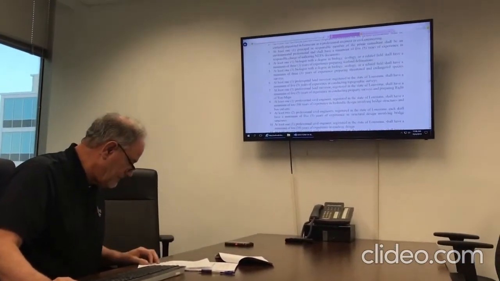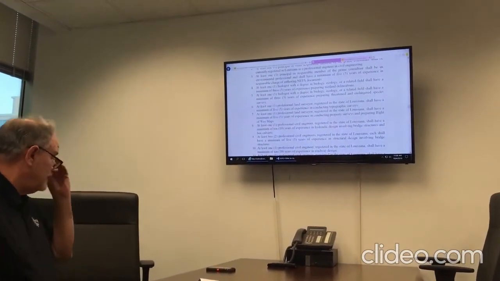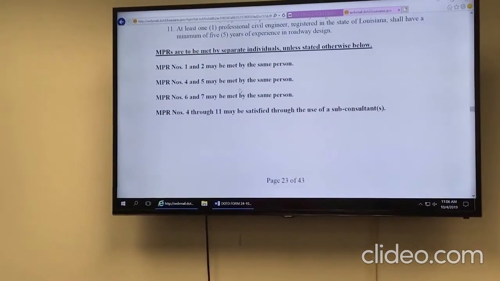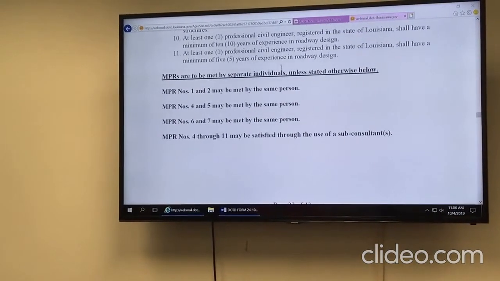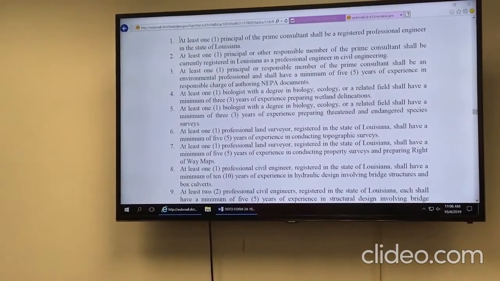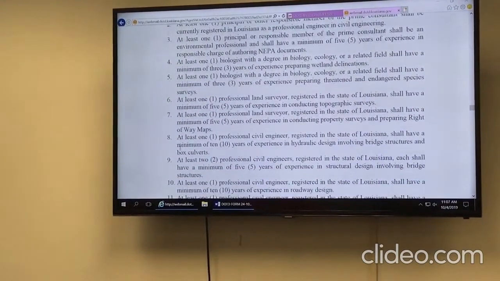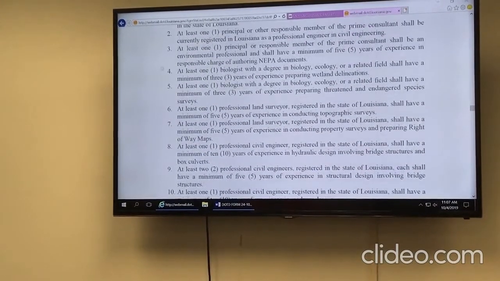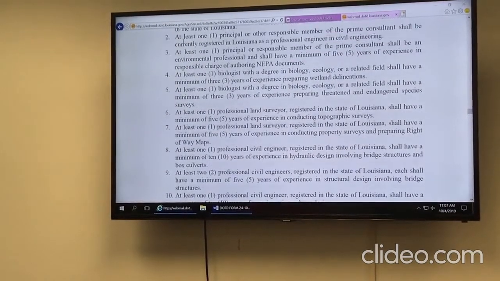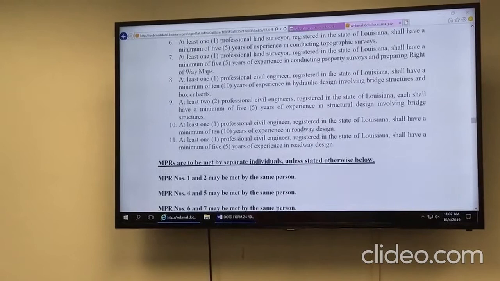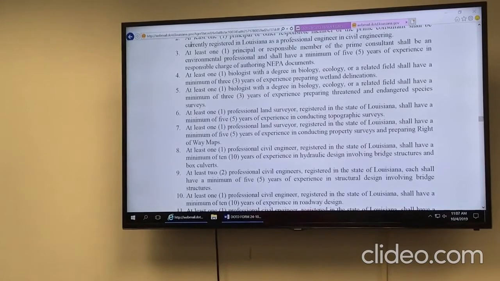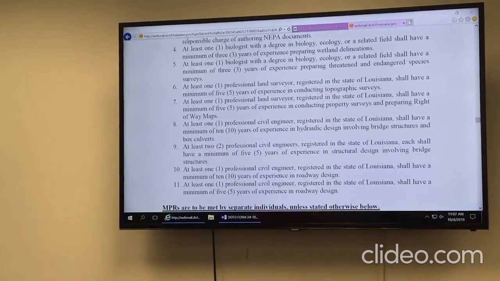And one other point I want to make on that is, down at the bottom. A lot of times you'll see qualifiers at the bottom of the NPRs. The implication is that every one of these individuals has to be a separate individual. So in this case, we would expect that there would be 11 individuals doing this particular effort, because you've listed 11 different personnel. That's correct. At least. Right. However,